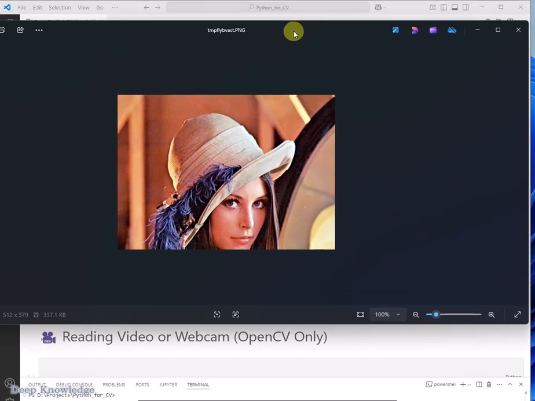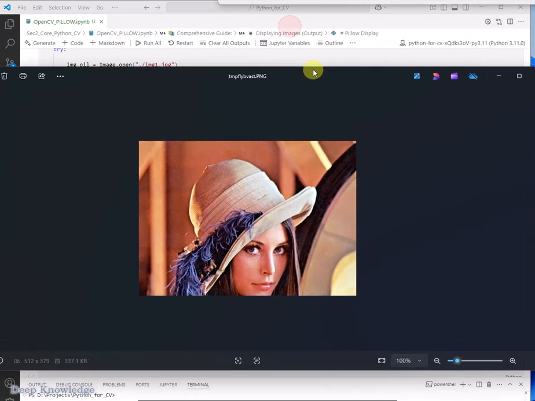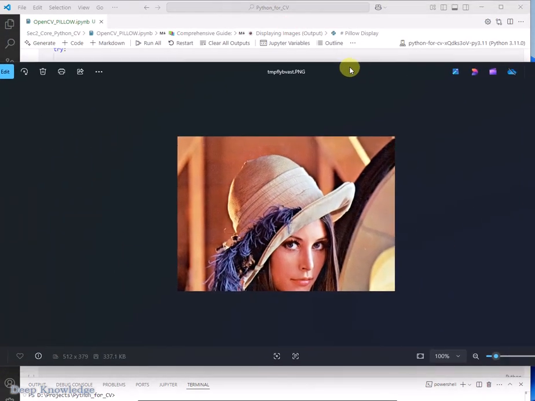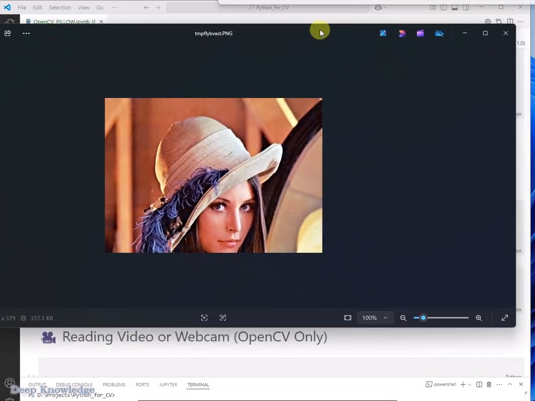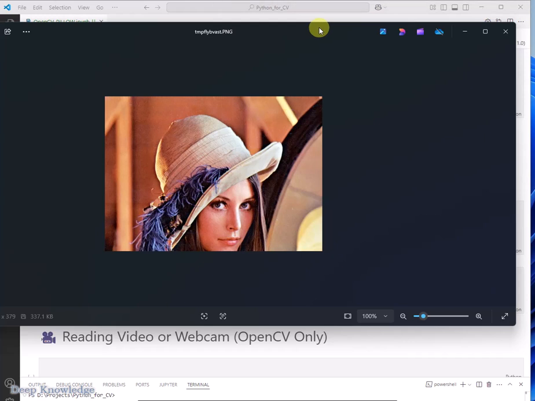So you see the difference, right? OpenCV creates a window that you control programmatically, while Pillow just opens our default image viewer. This is my default image viewer, and this is Pillow. It's just using this one here. So this somehow makes OpenCV better for interactive applications, where you need to display images as part of your